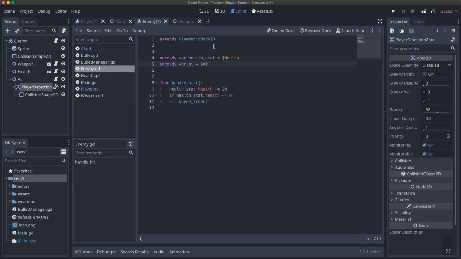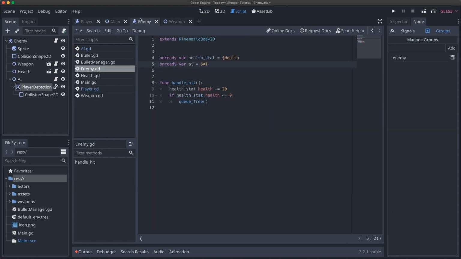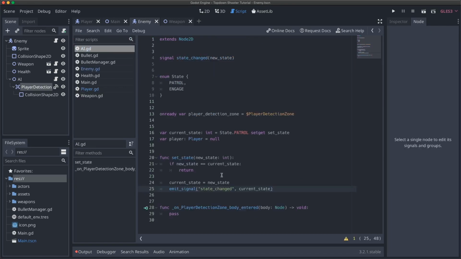And the reason for doing this is because you can use groups to identify what types of things nodes are. It's very similar to tags in Unity. And the reason we want to do this is because within our AI here, we don't want to just check whether the player, like this body that we have, is of type player. Maybe we change that later on. Maybe there's multiple players, or maybe we want to use the same code for detecting AI-controlled allies as well, or just an AI that's on the other team. So what we can do is use groups to detect, is this something that I should attack,